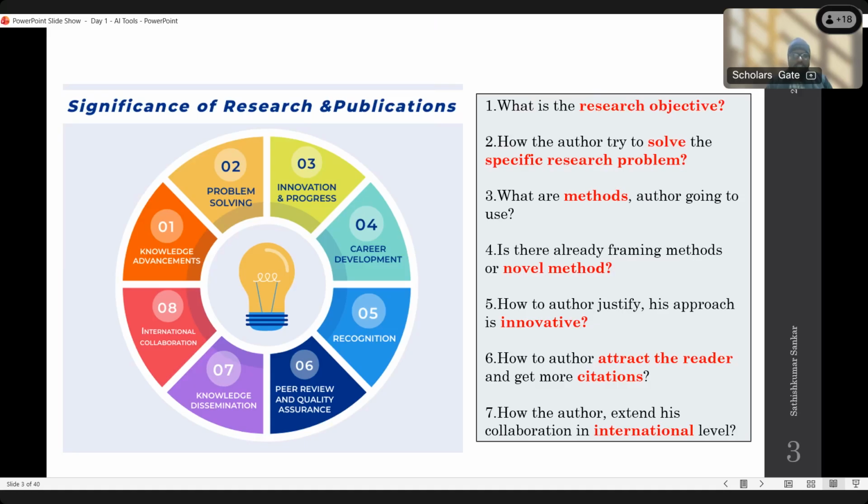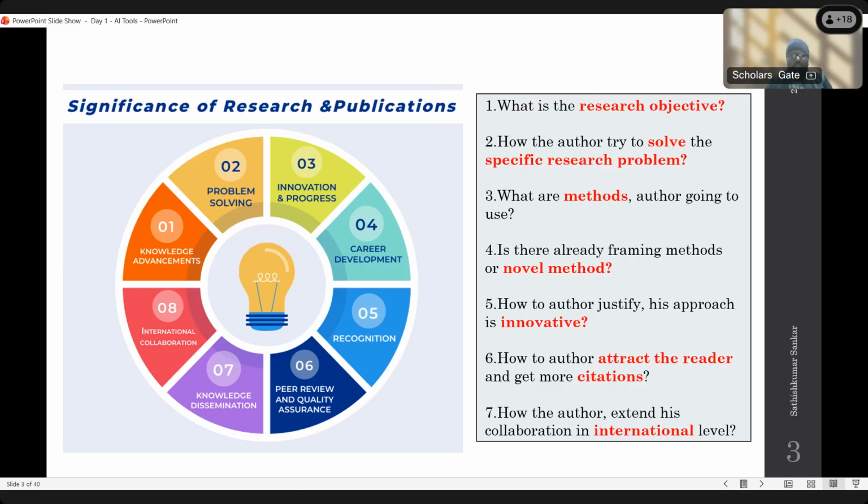And recognition, there are different types of recognition. Once you publish more articles, you can be recognized by the institution and by your collaborators. Every year Stanford University issues the top 2% scientist list based on Google Scholar citations. If you get good citations, you can be recognized by Stanford University.